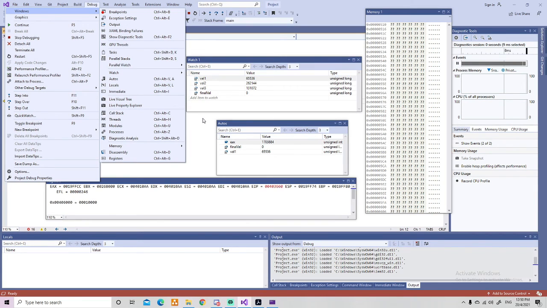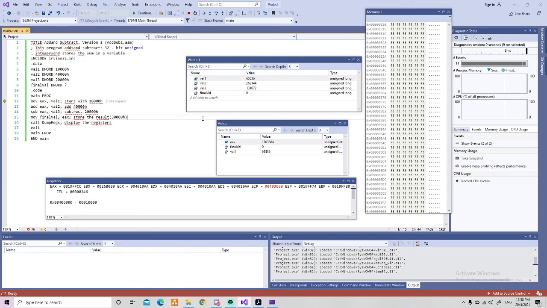In our debugging process, we can see that this value here will be the same as this value when we continuously press F10. Right now we can see that the final value is nothing here and here.